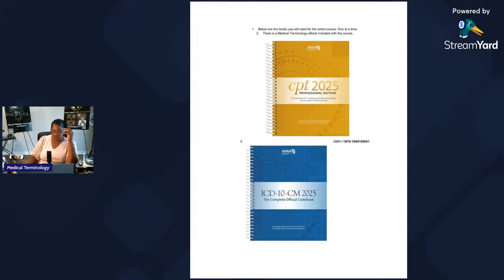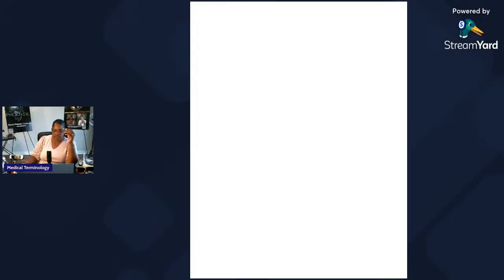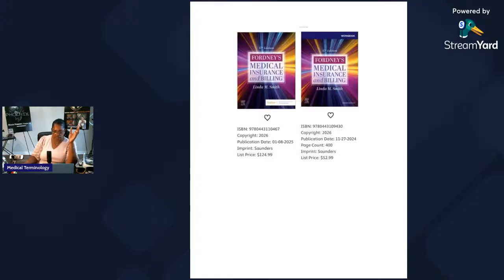These are the books that you need for the full program. I want you to go ahead and get these books because you need them for the medical insurance billing. Those of you who missed that, make sure you archive that. This is a Hicks book. That's the ISBN. You can go to elsevier.com. They have different versions, but you can also go to AAPC. This is your medical insurance billing book. In case you missed medical insurance billing, go back and archive those videos.